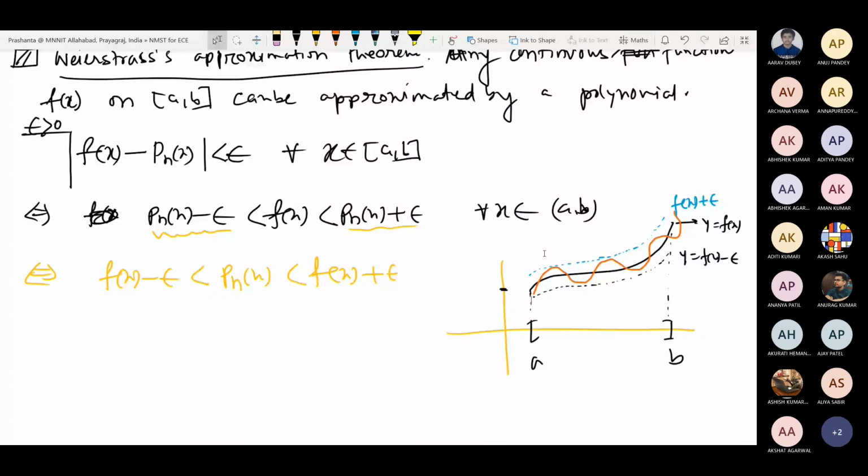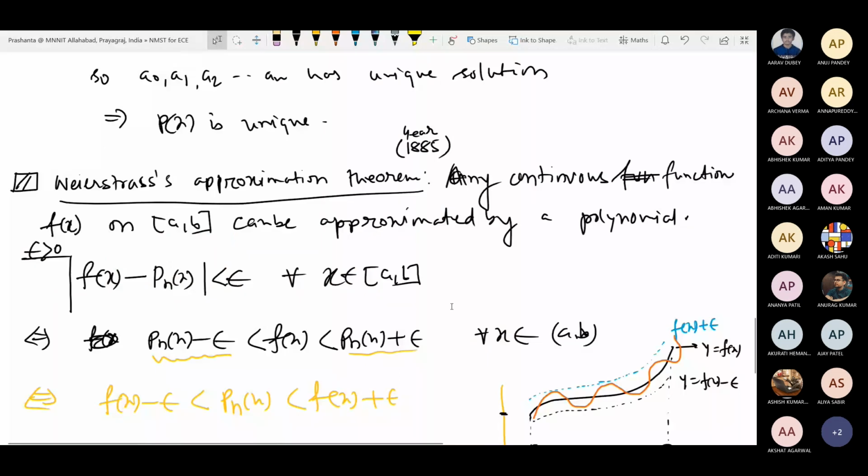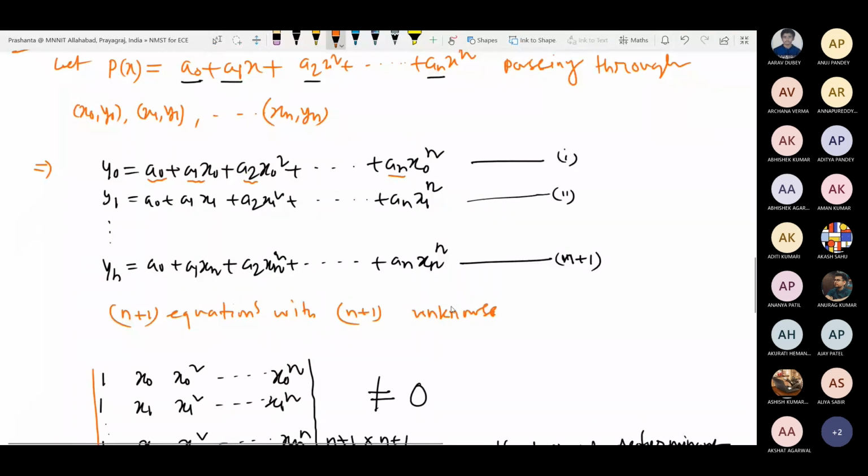Now the thing is, why study this particular unit? Because you already know you can find the polynomial in this manner. Suppose n plus 1 data points are there. You assume the polynomial of degree at most n, and from there you get n plus 1 equations with n plus 1 unknowns. Solve them, identify the coefficients and write down the polynomial. Or if you want to approximate a given complicated function by a polynomial, you create your own data set and write down this kind of equation.